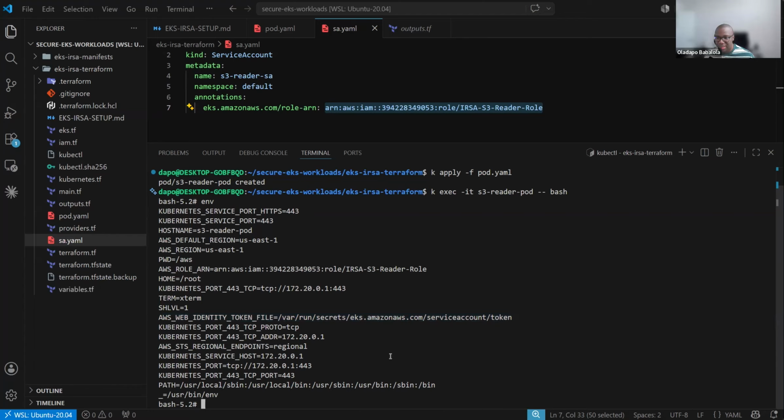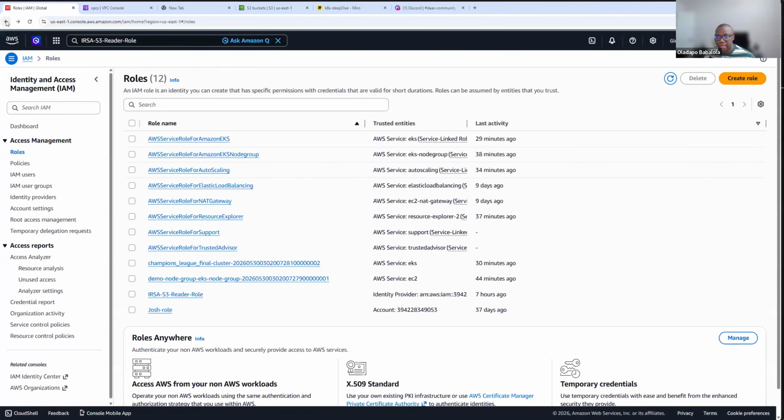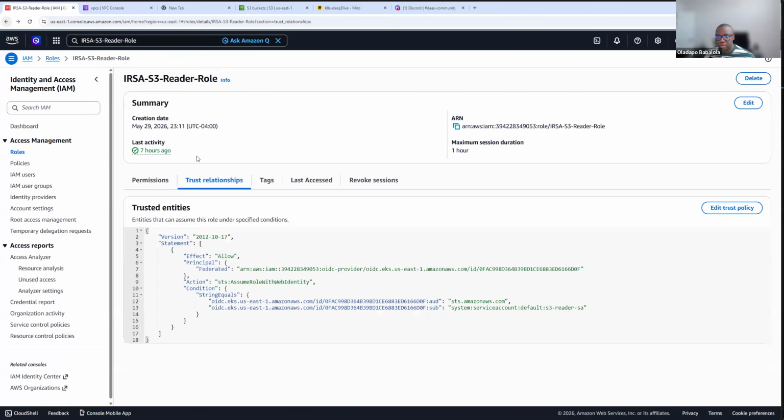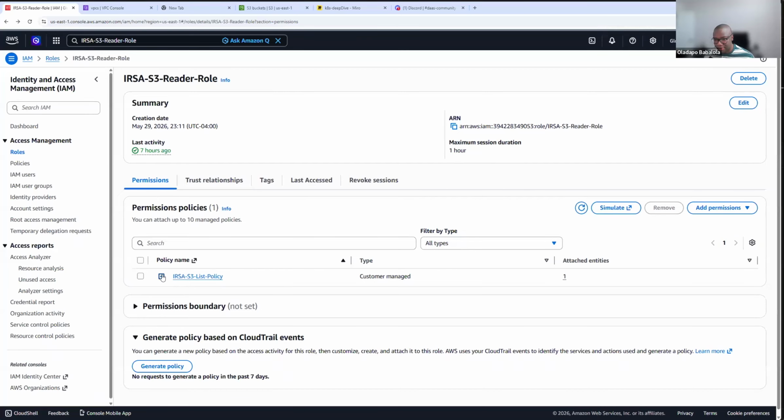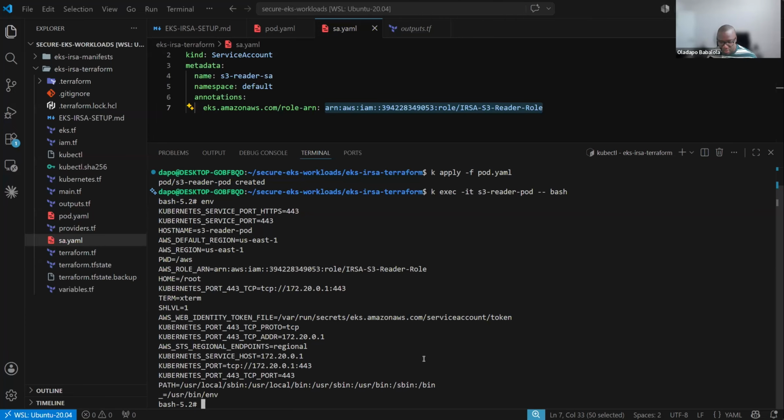All right. Right now, let's see if we can list buckets, because of course within the policy, this is the policy that I've defined. If we just go back here, you can see that this is the policy that we've defined. And within the policy, it should only be able to list buckets. And what kind of bucket should it list? It will be able to list this bucket. So if we go back here and do aws s3 ls,